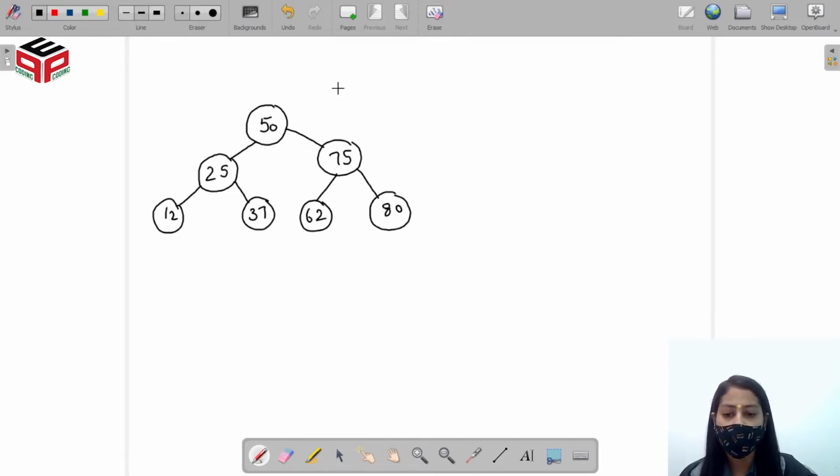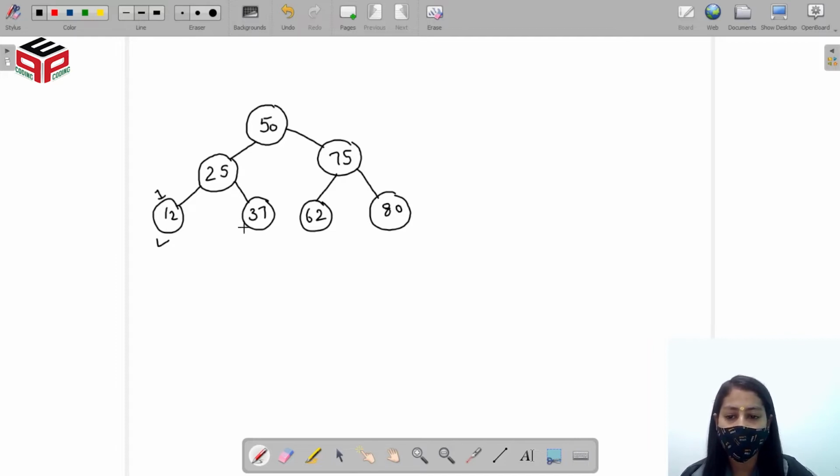We have to find the largest BST subtree in this. So how can we solve this question? First of all, we'll check the children. We'll check if 12 is a BST or not. We can see that 12 is a BST, and the size of it is 1.